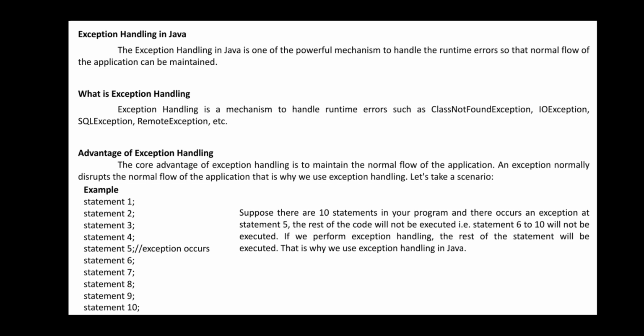Exception handling in Java is one of the powerful mechanisms to handle runtime errors, so that the normal flow of the application can be maintained. When your program enters into runtime errors, which, as I already said, are abnormal execution of a program, to convert that abnormal flow to the normal flow,